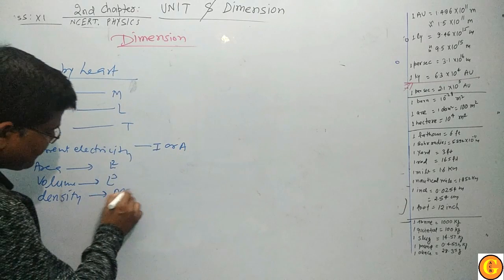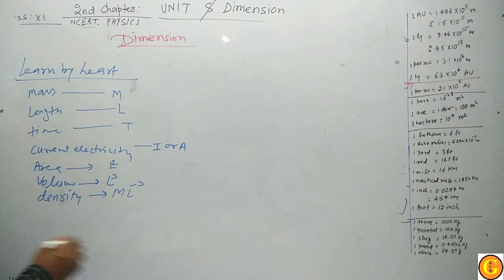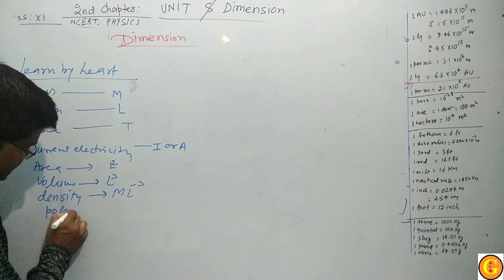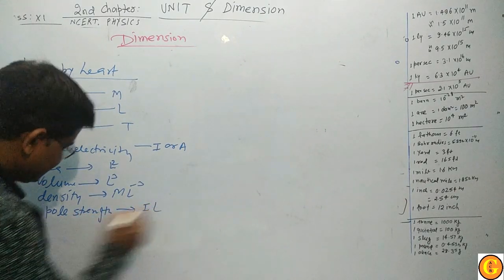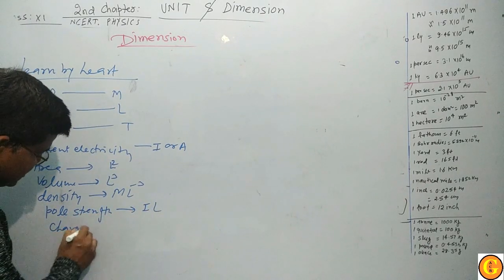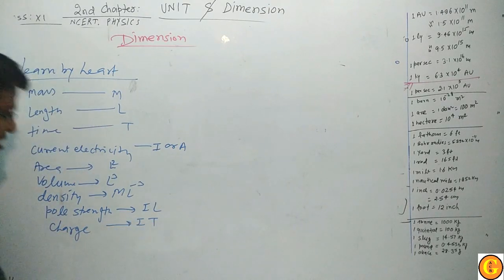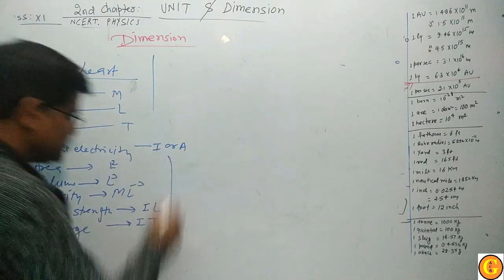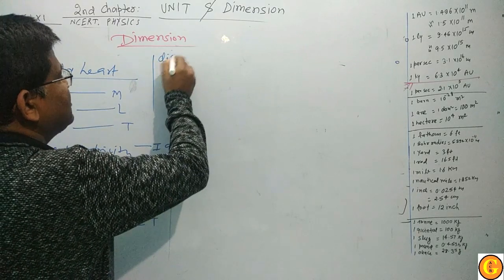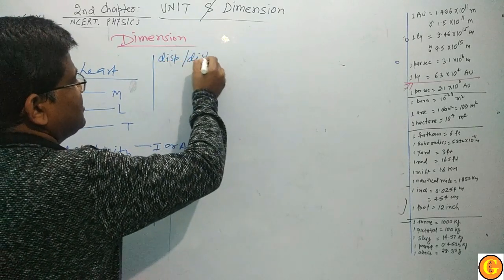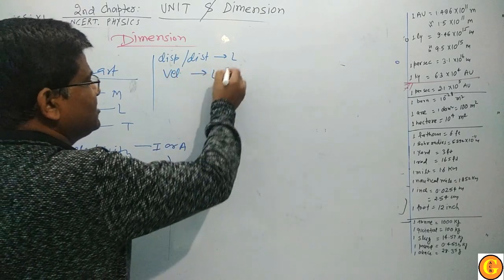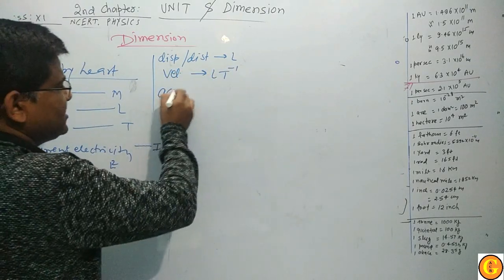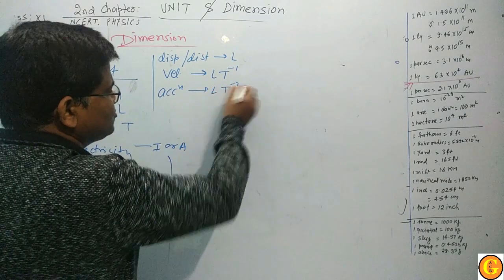Density is M L^-3, pole strength is IL, charge is IT. Displacement or distance is L, velocity is L T^-1,